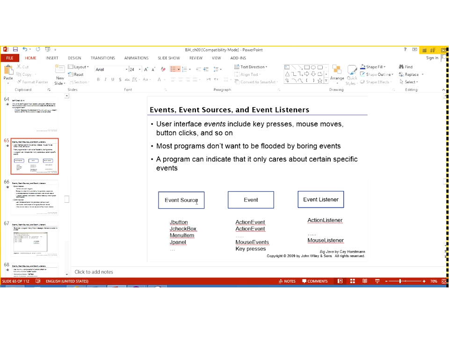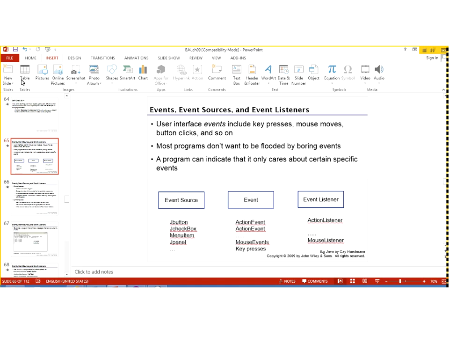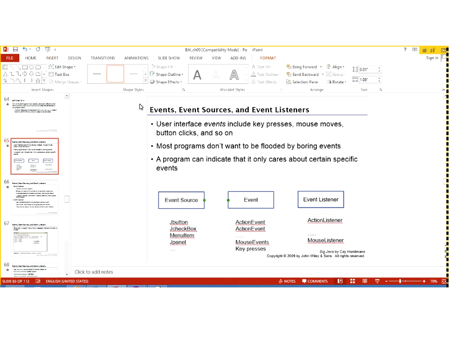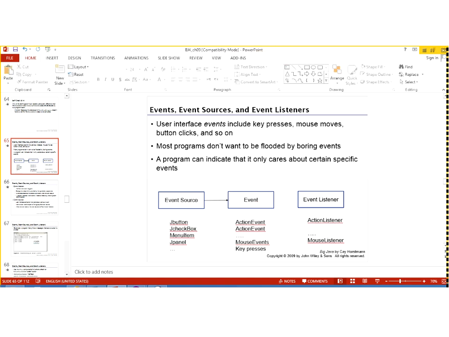Okay. So the events in that case, the event source that the user is dealing now with is generating an event. So this is the flow. The event source is generating an event, all right? And once the event occurs,